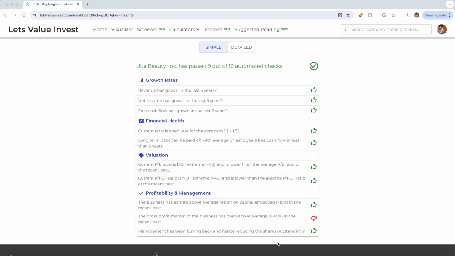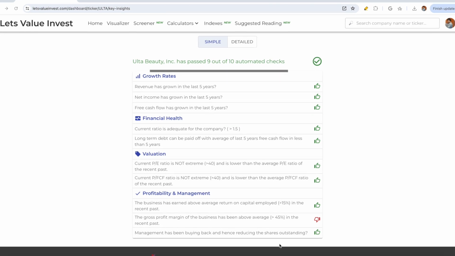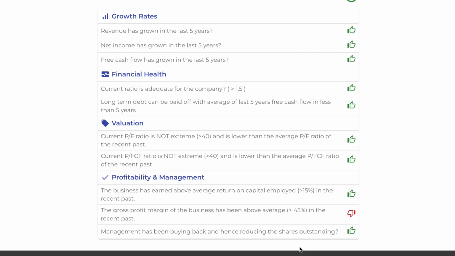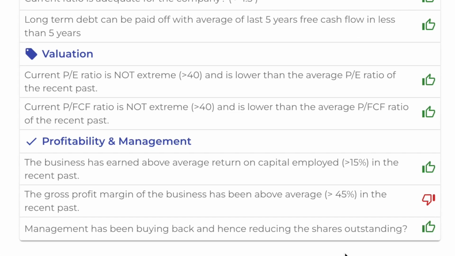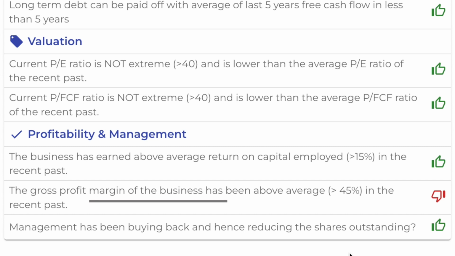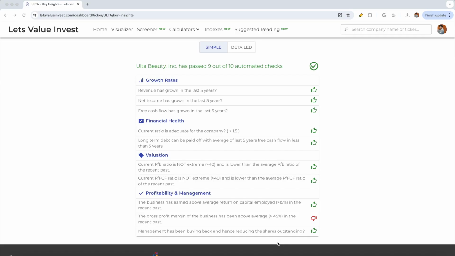As we can see, ULTA also passed 9 out of 10 checks. In fact, the only check that it does not pass is the gross margin check. Being in the retail industry, its gross margin is generally lower. In ULTA's case, it is generally between 39 to 40%, which is lower than our benchmark of 45%. We can also quickly conclude that it passes both the checks for valuation, signaling the stock may be undervalued compared